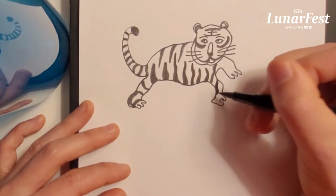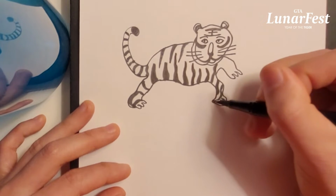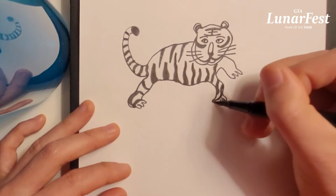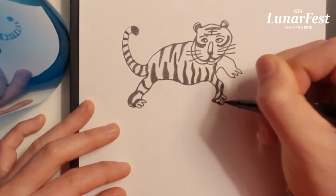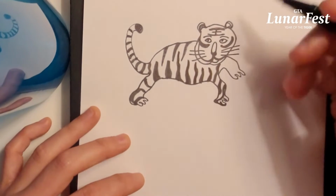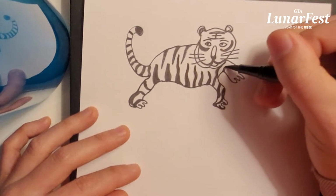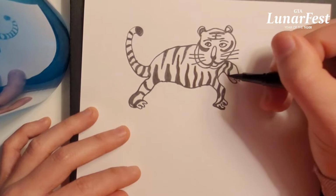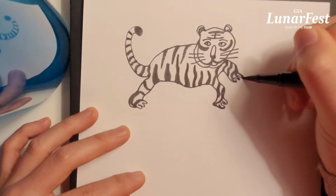The reason I like to go for it with pen at first is because of my style of drawing and painting, I like to leave no room for mistakes. There are really no mistakes in art. That's kind of my philosophy. And so I don't like to use pencil because I think I overthink it, and then it gives the option of erasing. But as you can see here, we're going for it with our pens on the first try,